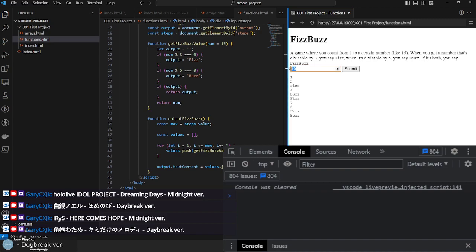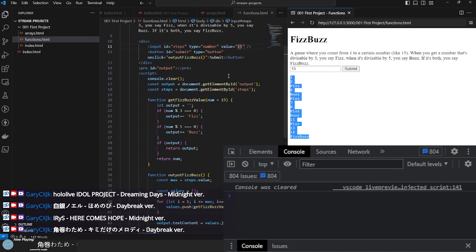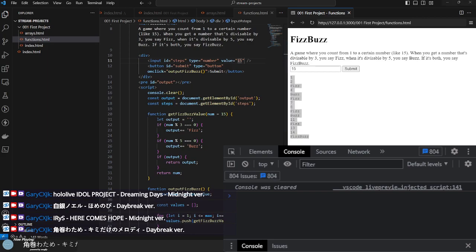So we now have an input field, a submit button, and a FizzBuzz output. But okay, so if we now